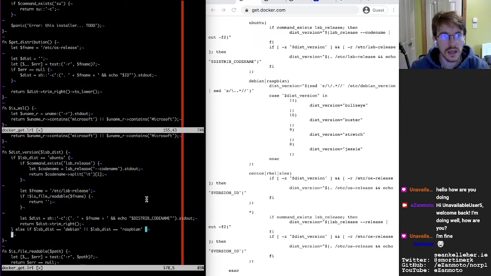In these cases, we check the Debian version under etc, and we'll do a bit of sed magic on it as well. So in this case, what would we do? We'd run the sed command, and it would be done with